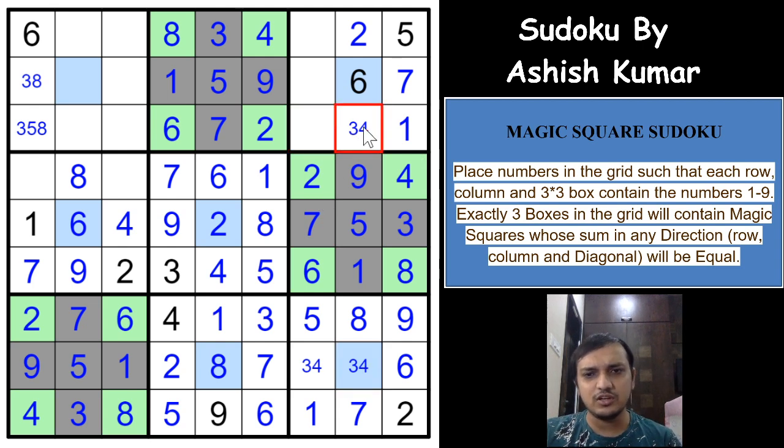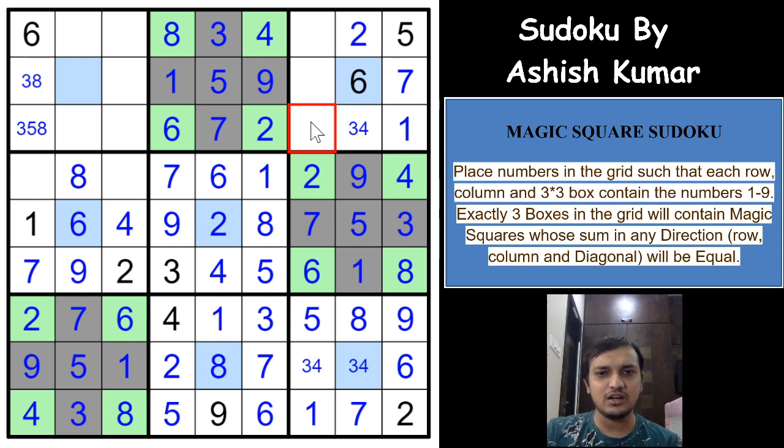I can write a 3 and 4 and 4 and 3 here, or the other way, 4 and 3 here and 3 and 4 here. That will not affect the Sudoku anywhere else, which means that this Sudoku would have 2 solutions, right? 2 possible solutions, which is not possible, which means I can directly eliminate 3 and 4 from here, and it has to be 8 and 9 by logic, uniqueness trick. But I would like to go with the logical way.